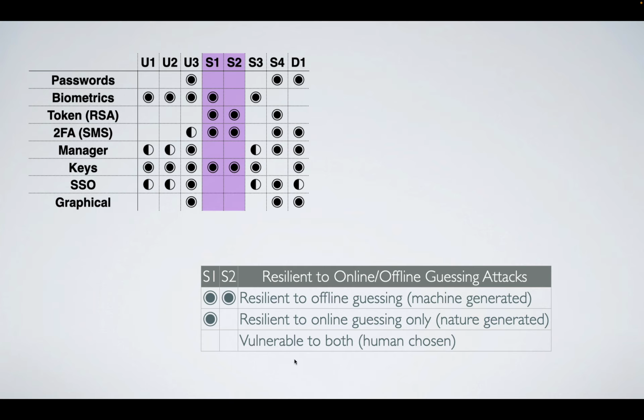So also notice that there's a combination missing, which is that you don't get the dot here and you get the dot here. And that's because it's strictly harder to do an offline guessing attack. It could be easier to try on the site instead of obtaining the database. Yeah, I see. So this would require further phrasing. But the assumption I would make is I'm assuming you already have the database. So I'm not accounting for that factor itself.